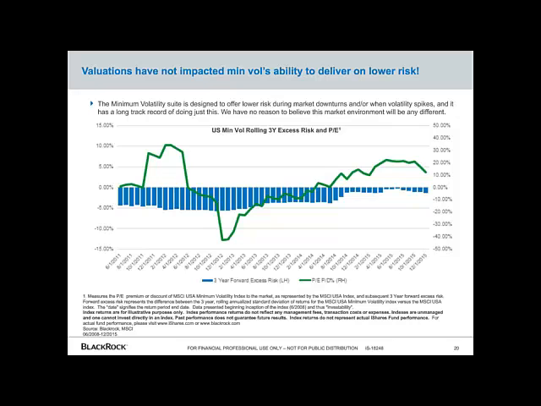And in all periods measured, min-vol has persisted in delivering lower risk than the market on a rolling 3-year basis, regardless of valuation. And we're choosing 3 years here simply because, as I illustrated a couple slides ago, holding period matters, and you really should be investing to give this strategy time to work.